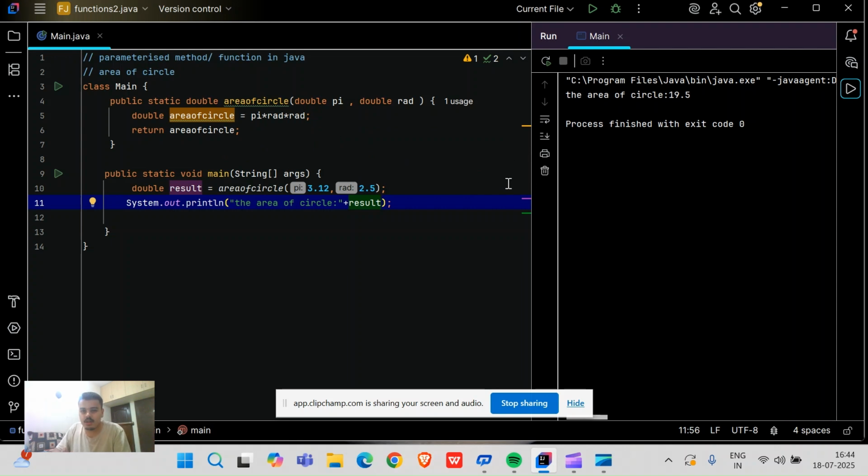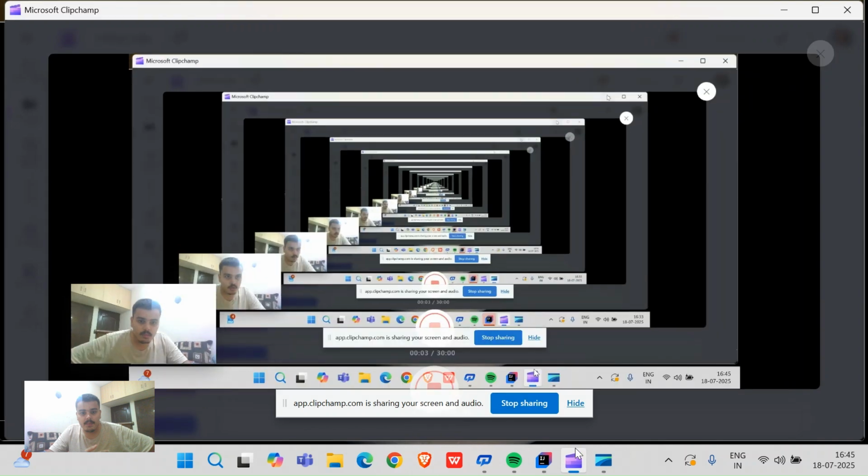And a little bit of theory also I have told you, right? Synopsis I have given to you, friends. So this is what a parameterized method or function in Java looks like. I have given you the execution by calculating the area of a circle. Some people say you can put 3.14 directly here, right? But yes, this is also correct. But I like this method, that's why I implemented it like this.